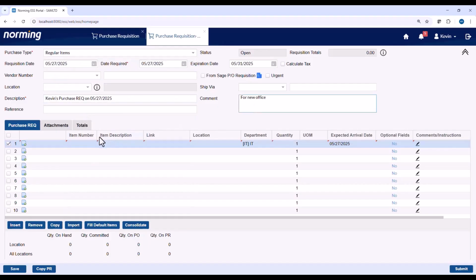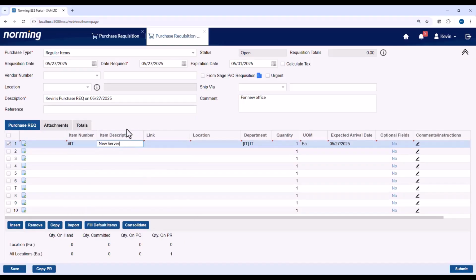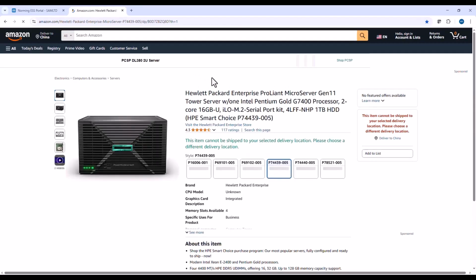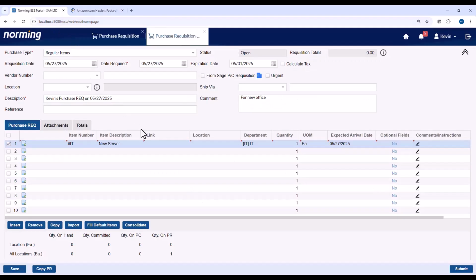Choose an item in the details. You can key in the item code or item description to search for the item you want. If you find more information on the internet, maybe a web store, about this item, you can also copy the URL link to the purchase requisition, so the next approvers can click into the link to view the details. With more details available, it helps to reduce the miscommunication which can cause the procurement team not to purchase the